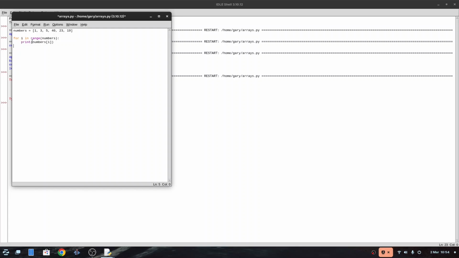What we can do is print numbers i. So i starts at 0, so it's going to print the first one. Then it's going to be 1, which is the second one along. Then 2, which is the third one along, 3, which is the fourth one along, and so on. And when I run this,